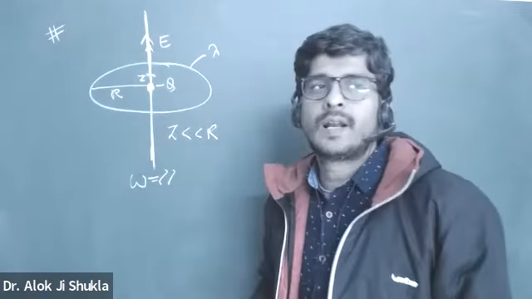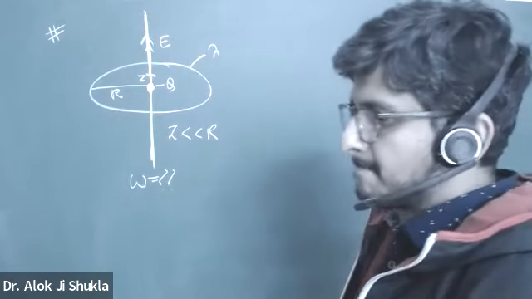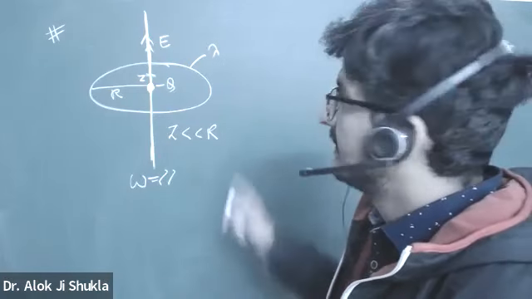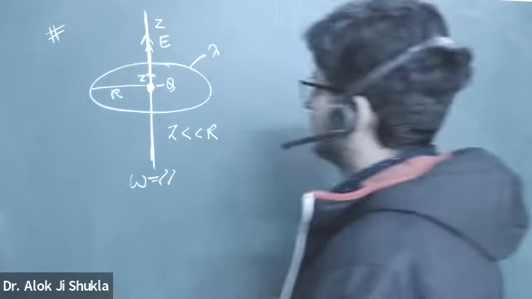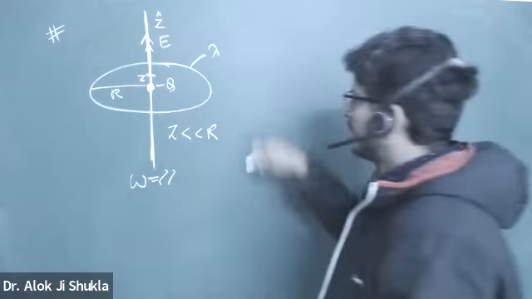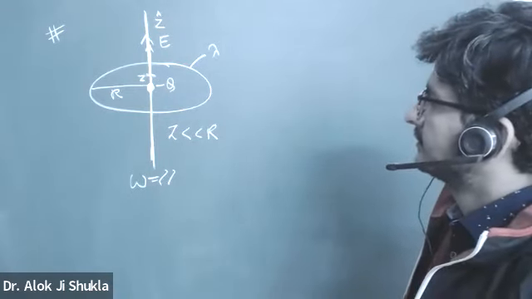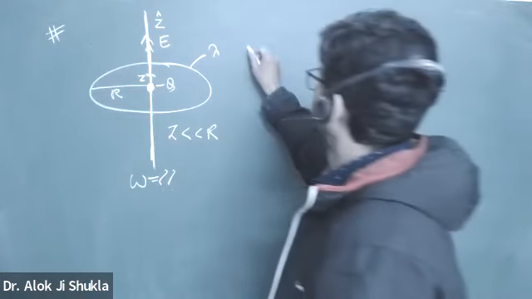See your circular ring problem. So 1 by 4 pi epsilon naught 2 pi a lambda by z square. I'm saying net electric field is in this direction, z cap direction, right? And what is that electric field at some distance? E is equal to,